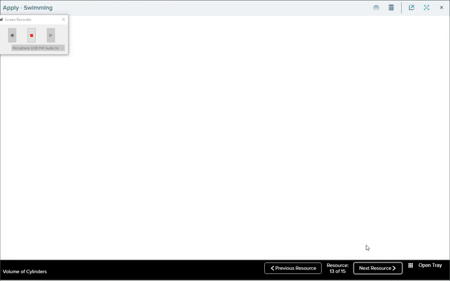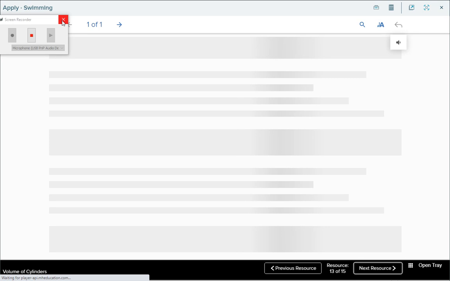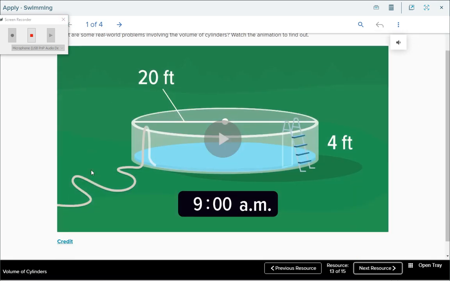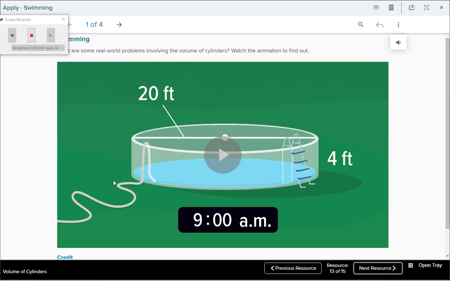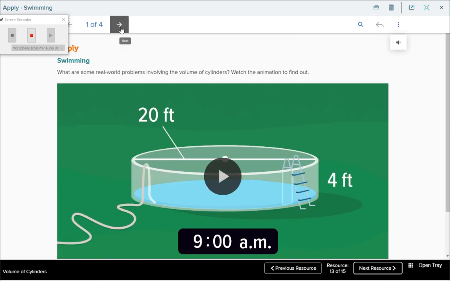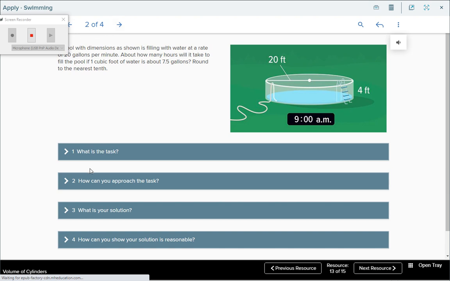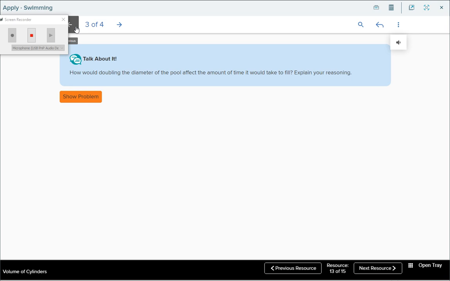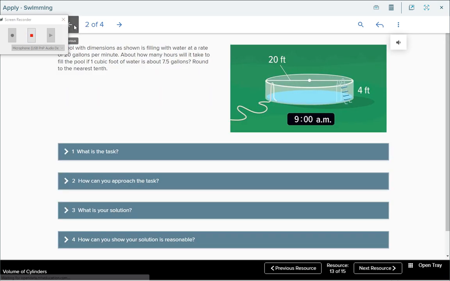Pretty easy stuff. So let's look at this question, if we're going to apply this. I don't want to play this video. Let's just look at this. We have a 20-foot diameter here, and the pool is 4 feet tall, and it wants us to find out. The reason I can't play the video is, well, let me turn off the thing. Hold on. If I play the video,